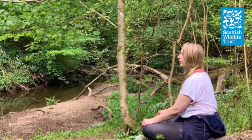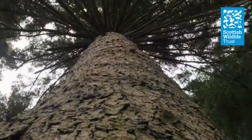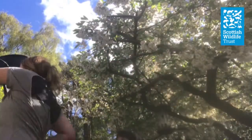But it's not just the clean air. Think about the last time you were in the woodland and how that made you feel. For me, it's all about putting things into perspective. Being surrounded by these giants makes me feel good. It's a time for me to relax, exercise, play,